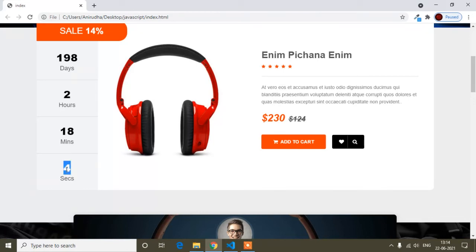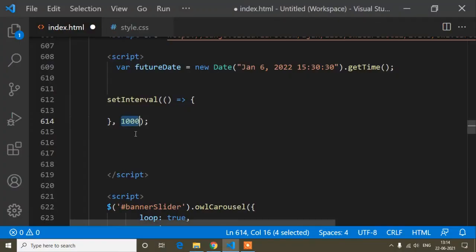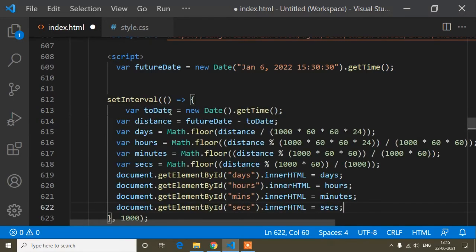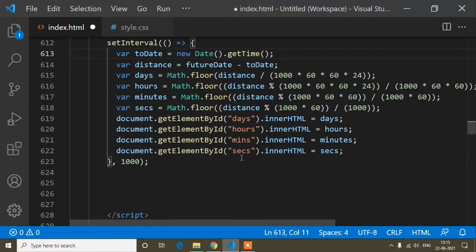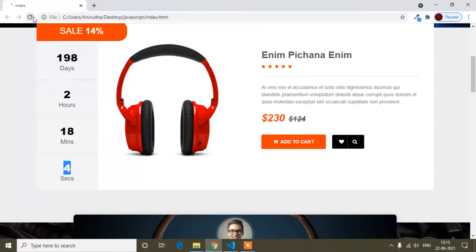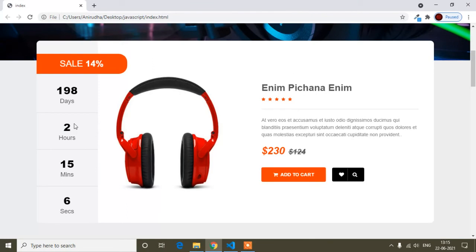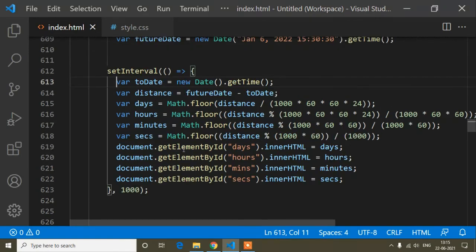Like now it's 4 seconds, suppose. When I refresh after 1 second, it will be 3 seconds. That's why I want to refresh our page every second, and 1000 milliseconds means 1 second. Now I have written that, and I will paste all the code which I cut from there. So this one is done, now save and refresh. You can see it starts counting 13 because every second our page is refreshing and I'm getting the new remaining date values. So this is actually done, and I hope you have understood.